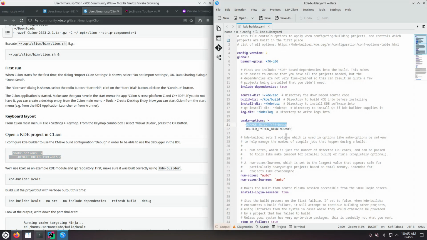The debug symbols were not stripped from the binary files, .so files, and the executable files, and that also full debug symbols have been generated, and no optimizations, which means that I'm going to be able to debug the